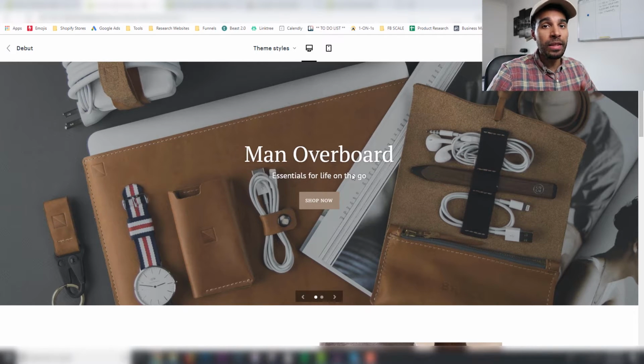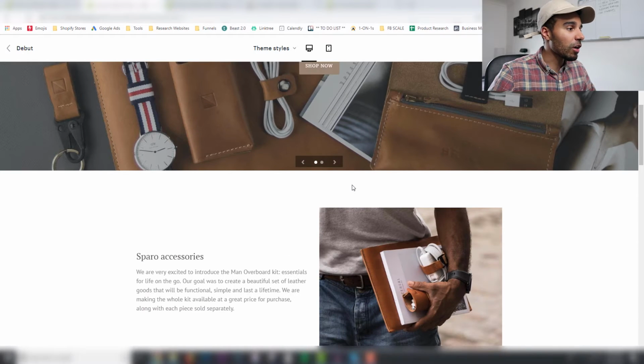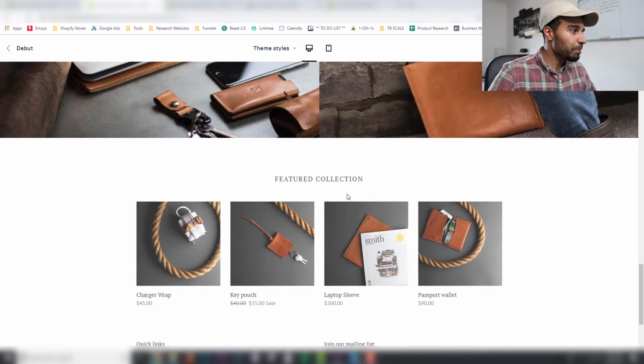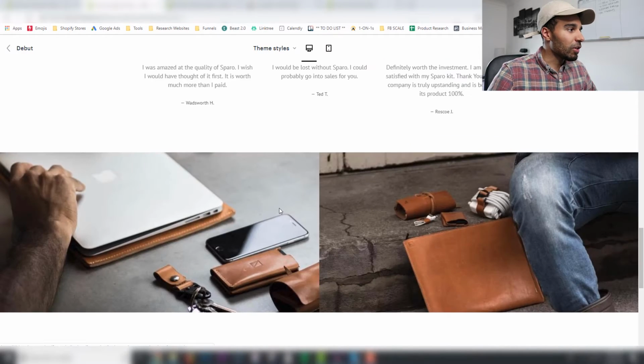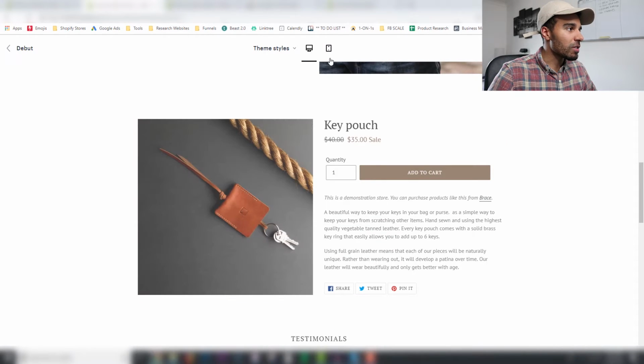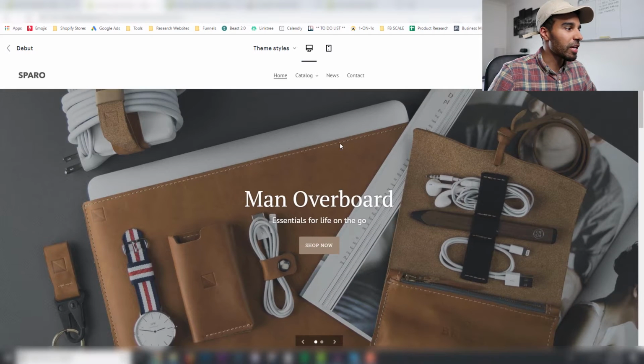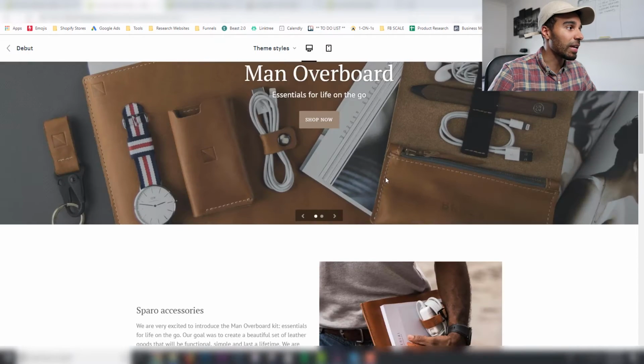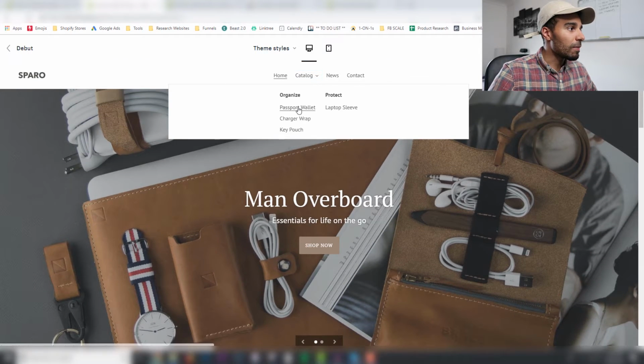And I will talk about paid themes a little later, two of the best that I recommend you use. But if you're starting a one product store, this theme is very good for that. Now, again, let's have a look at the product pages, because that's what I always like to do. I always like to look at a product page, and I always like to look at the cart page as well. And I always like to look at it on mobile. So let's just click on this